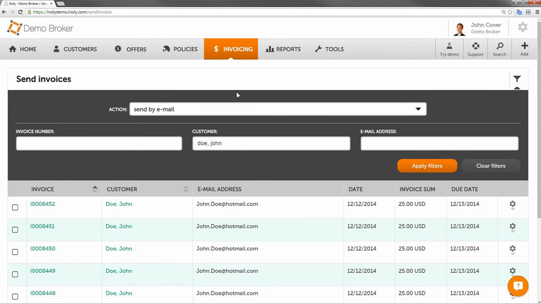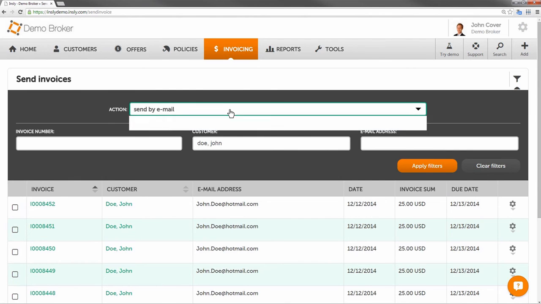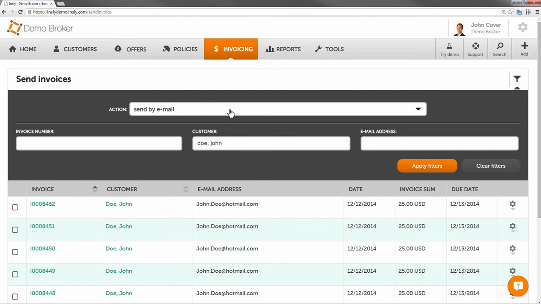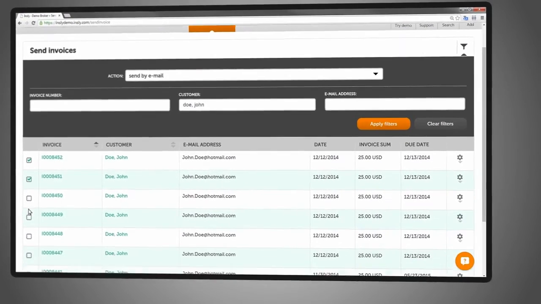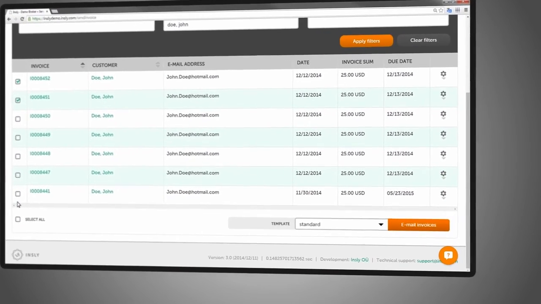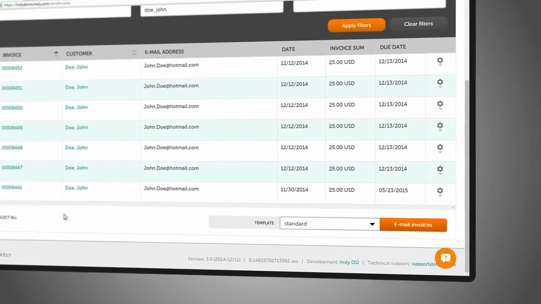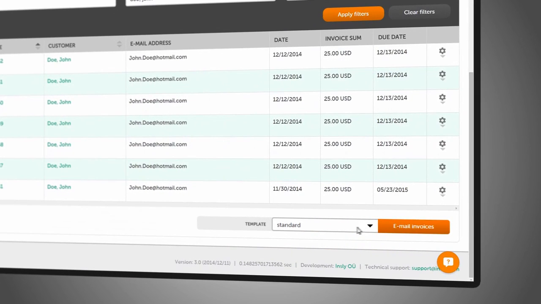First, you have to select the action: if you want to send invoices by email, or if you want to print invoices and then deliver via regular mail. If you choose to send by email, the list of invoices will be displayed. For the ones which you can send via email, tick the checkboxes on the ones you want to send or use the Select All option. Then, once done with this, select the email template format, predefined by your system administrator, and